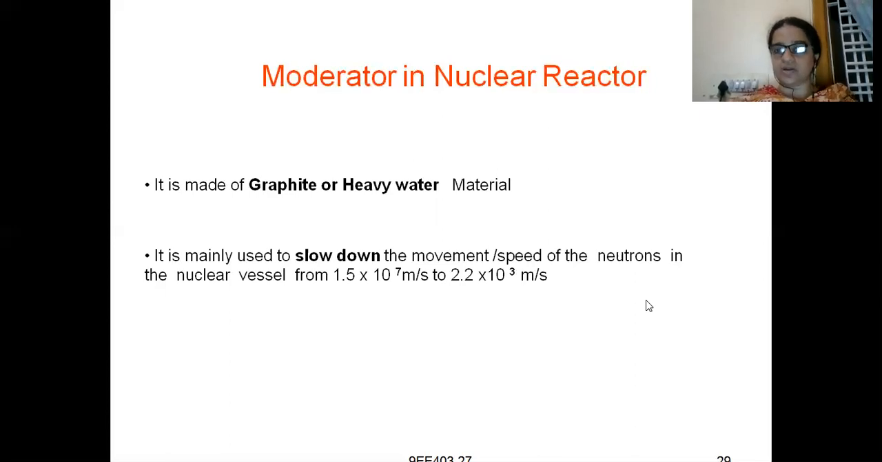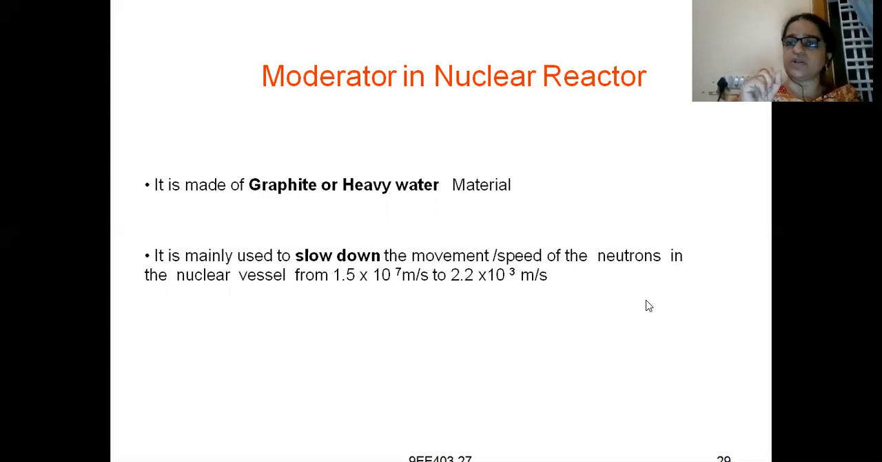What does heavy water do? It is mainly used to slow down the movement or speed of the neutrons in the nuclear vessel from 1.5 into 10 to the power of 7 meters per second to 2.2 into 10 to the power of 3 meters per second. Means you should be able to control it. It will slow down the movement. Why? Because